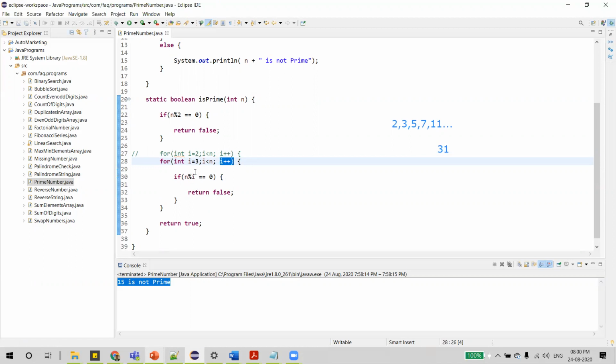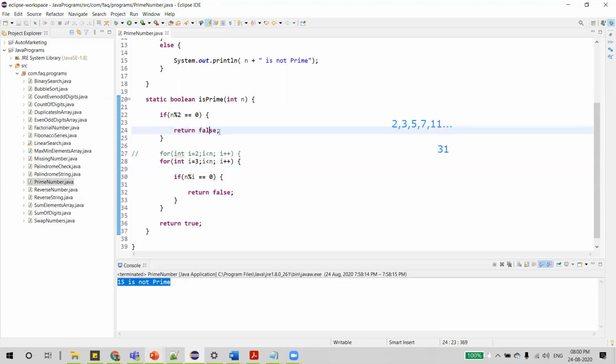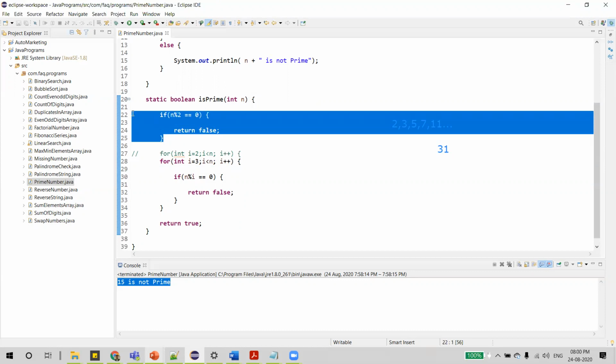So first it divides the given number by 3. If that is false, then I is incremented by 1 and becomes 4. But we don't need to divide the number by 4, because if it were really divisible by 4, it would already have been divisible by 2 as well, and we would have got the result already.